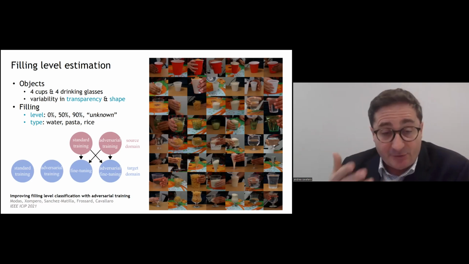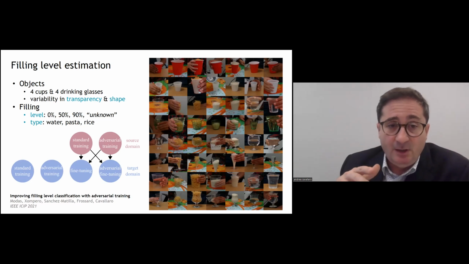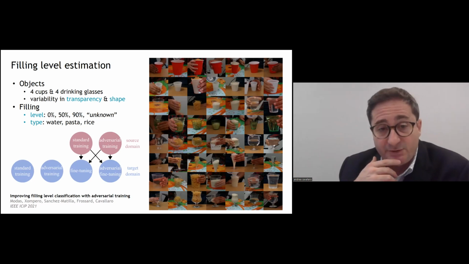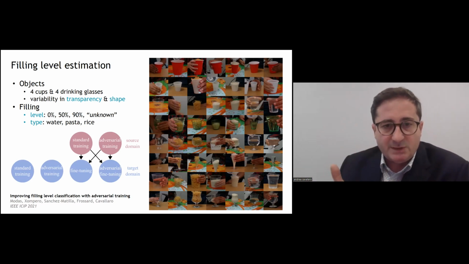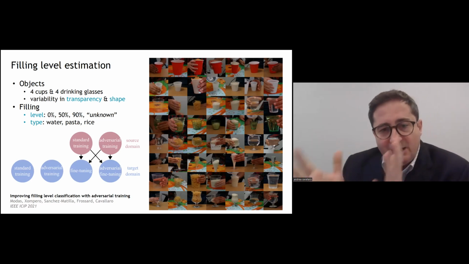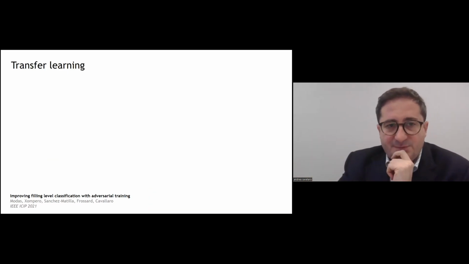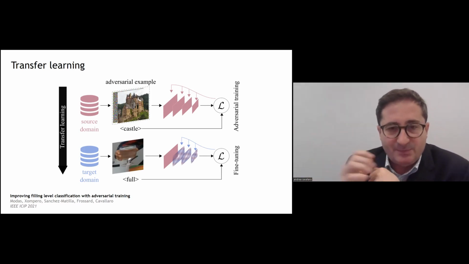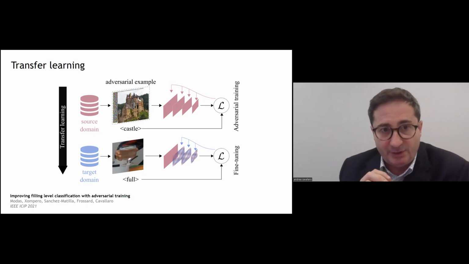So standard training, adversarial training, or standard training followed by fine-tuning, or standard training followed by adversarial fine-tuning, or adversarial training and fine-tuning, and adversarial training and adversarial fine-tuning. And it turned out that the best combination is to use adversarial training in the source domain and then fine-tuning in the target domain. So specifically, we looked at this winning strategy, which is to use a source domain, for example ImageNet, with adversarial training, so an adversarially trained model that then is refined in the last layer with the specific data set. And this approach turned out to be the most successful in terms of prediction of filling level